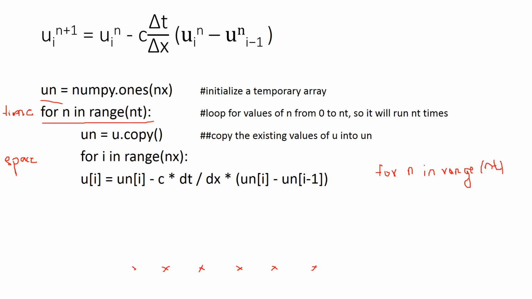For example, say this is the initial condition, so at each point we have the values which are already given. This is at time t equal to 0, which is the initial condition, and we know all these values. This is the first time step, so we'll give some n here, and the next time step is n plus 1.